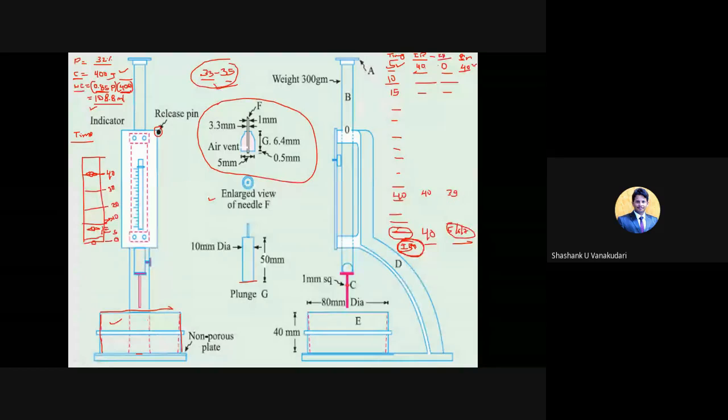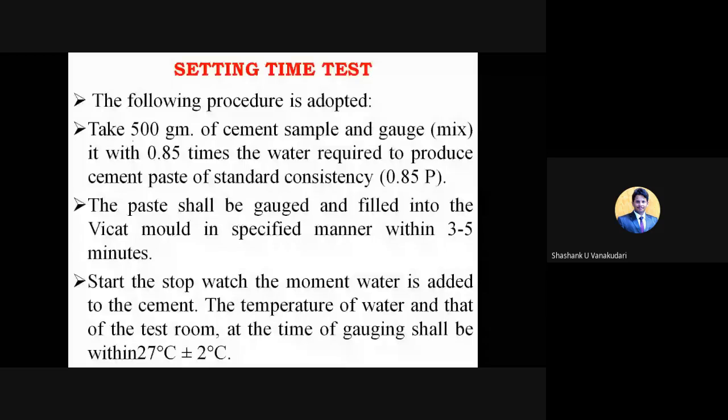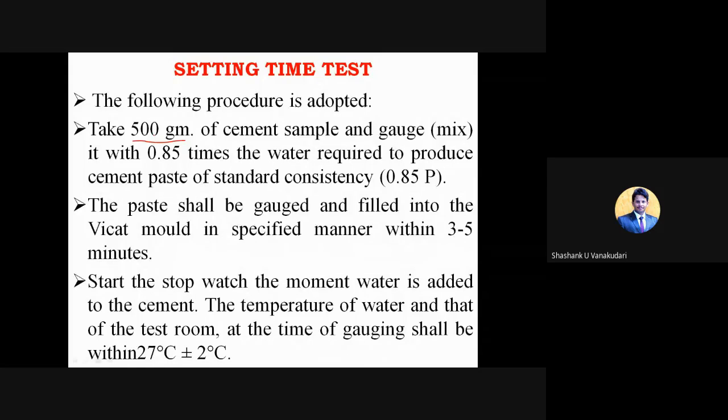Here they have taken 500 grams, and as per the 500 grams they mix the cement paste, so the water content will vary. Here for 400 gram you have taken 108.3 ml, correct? The same thing, when you take 500 gram, the water content will change, and when you take 300 gram, the water content will change. As per the known quantity of the cement, the water will change, but the cement paste will have the same consistency. Here 0.85 times the water required for initial setting time, and the mixing time they have given is 3 to 5 minutes.